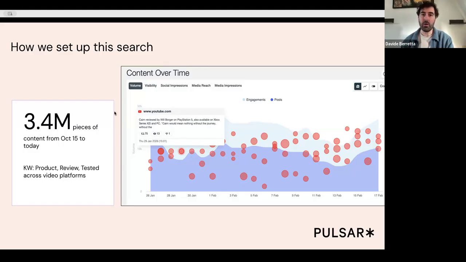What we'll see later on in the analysis that Dahye is going to take us through is a very, very, very small subset of that, because handling this amount of data takes quite a bit of time and quite a bit of firepower. What we did is zoom in on the most highly engaged product reviews out of this data set, and tried to learn what these highest engaged videos are doing right, by category. So this is a search.